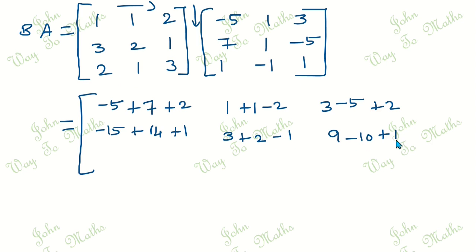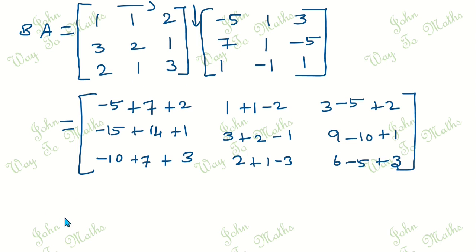Then the second row multiplied by the third column: 3 threes are 9, then 2 into -5 is -10, then 1 one is 1. Then the third row multiplied by the first column: 2 into -5 becomes -10, then 1 into 7 becomes plus 7, then 3 into 1 becomes 3. Then the third row multiplied by the second column: 2 ones are 2, plus 1 one is 1, then 3 into -1 becomes -3. Then the third row multiplied by the third column: here 2 threes are 6, then 1 into -5 becomes -5, then 3 into 1 becomes 3. So which is equal to